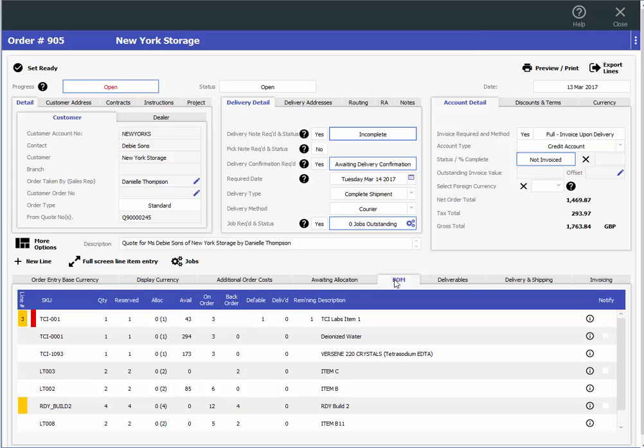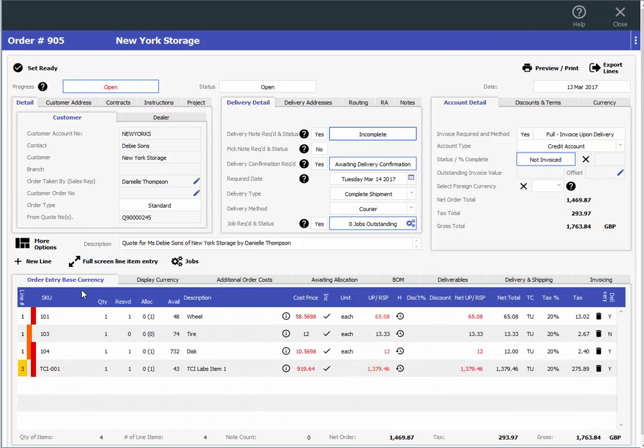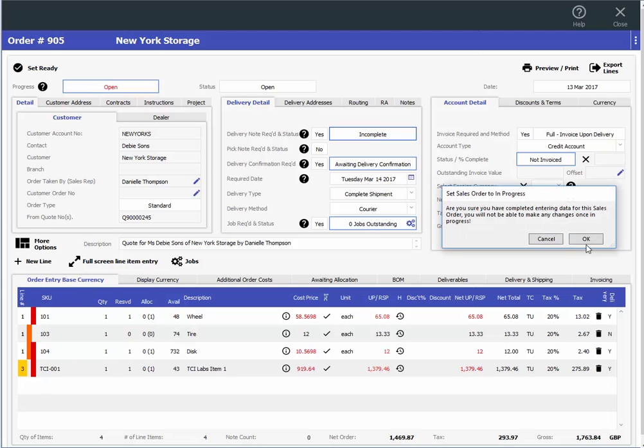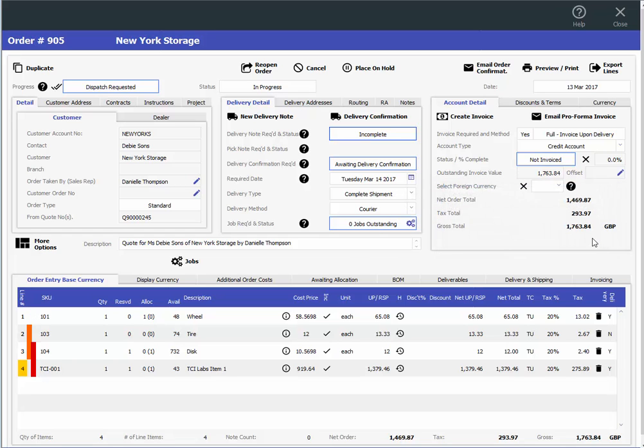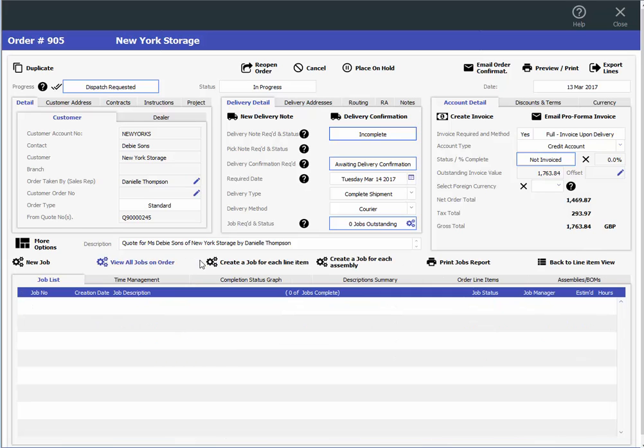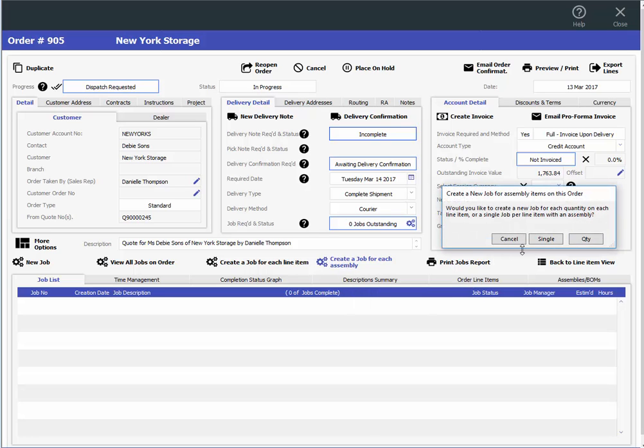So what the customer will see is the line item, but behind the scenes we can see the bill of materials that are needed to make it. So once we set this order to ready, the system will automatically allocate the inventory and we can now create the job to build this item. So if we create a job for each assembly,